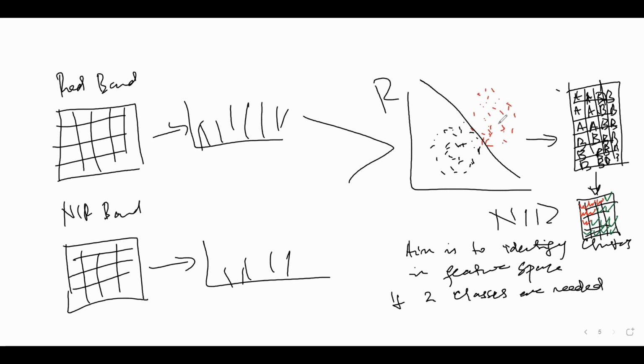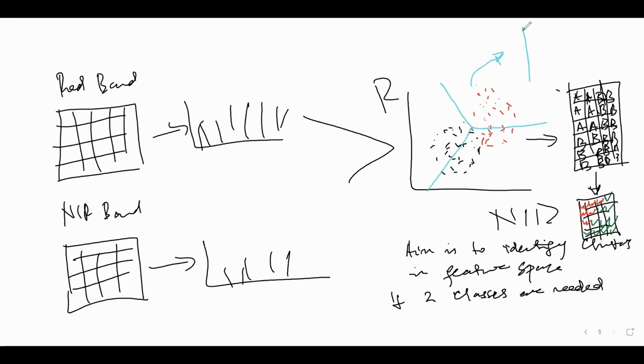So that's what we have done here. We have looked into this feature space. We have got the original bands, red and near infrared, histograms, plotted them against each other. Say we want two classes, it will divide that into two. Now, there are different classification algorithms which operate differently, and there are good ones, there are poor ones. Some of those things you will need to try out. You could even say, I want three classes, so the algorithm will look into here and probably divide it like that,